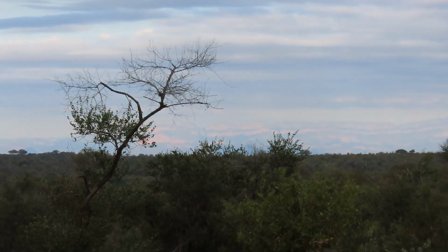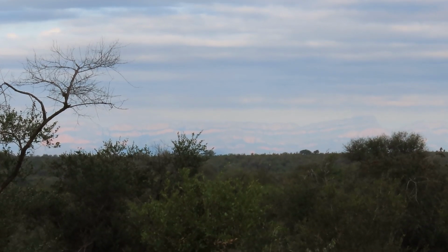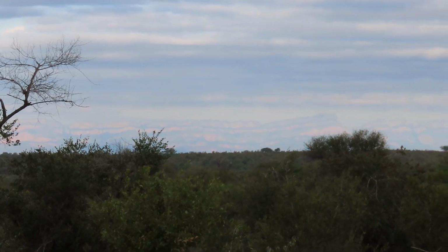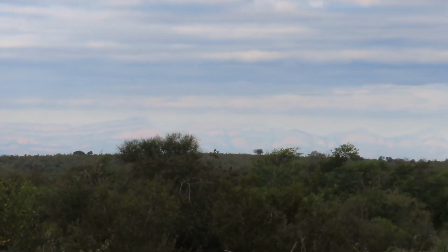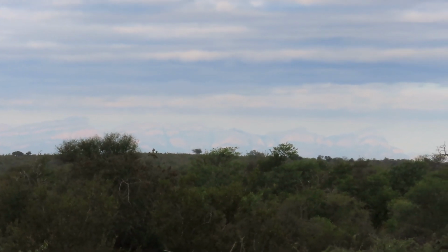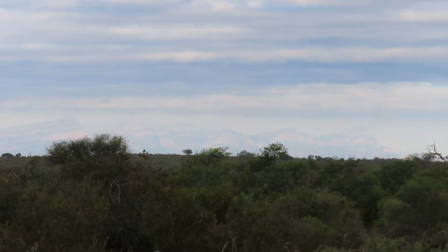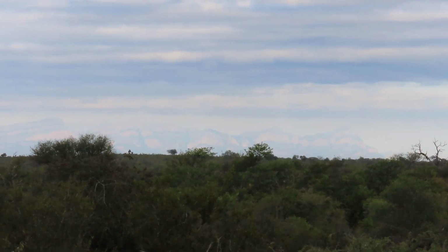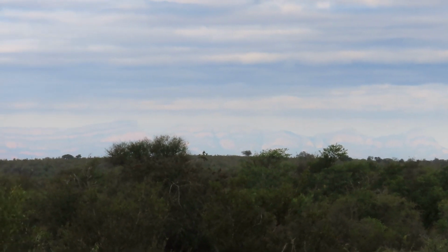Supposedly the name comes from the perception that if you look at the range on a clear day, it looks like the back of a dragon and the tail of a dragon, with all the different protrusions on top of the range itself. It's an absolutely beautiful, breathtaking area, considering that there are few places in Africa where the savanna with wild animals has a beautiful mountain range like